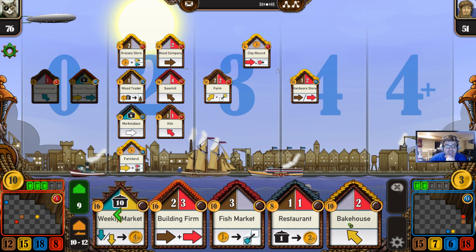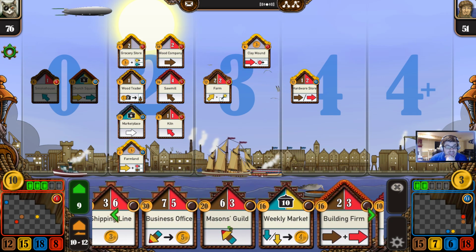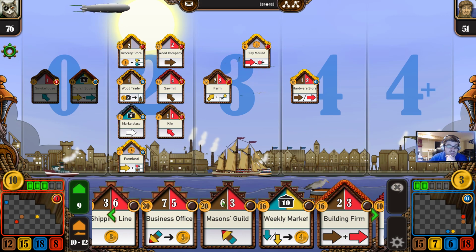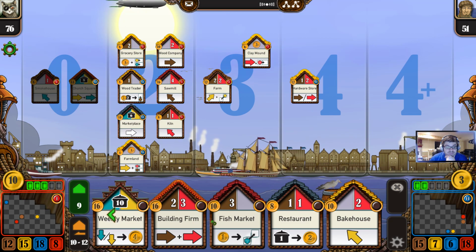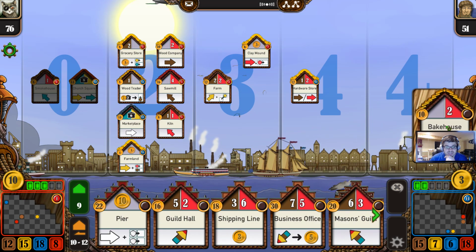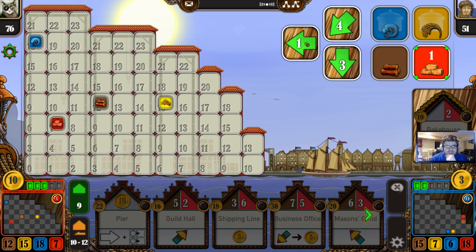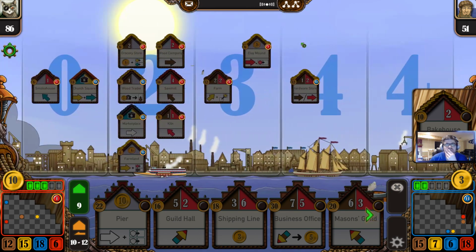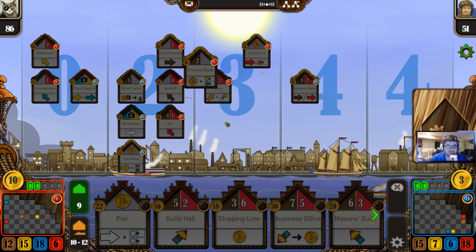Or I can just take the bakehouse and do that. I mean, this is definitely more expensive, 6-3 compared to 2 clay. You know what? I'm thinking, let's just go with the cheaper one. We'll do the bakehouse here. And we'll, yeah, 1, 2. It's still 10 victory points, so...